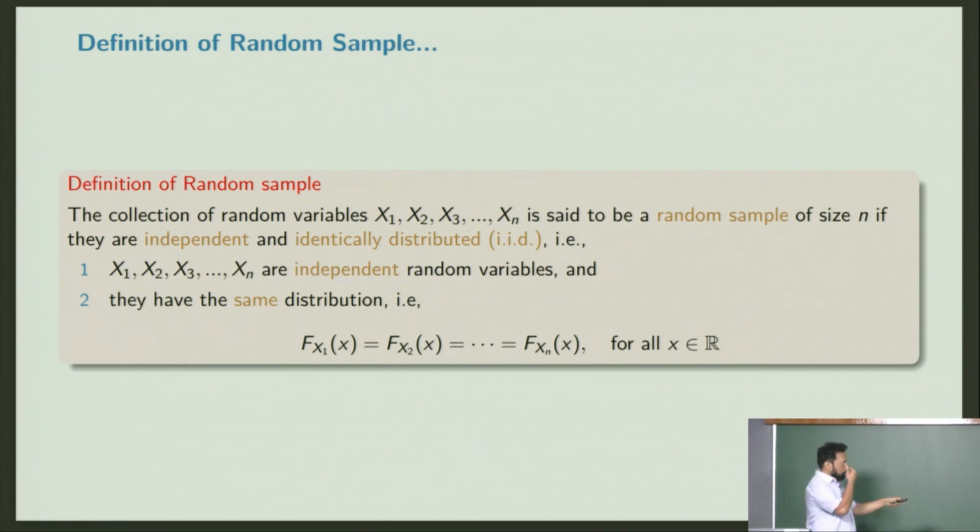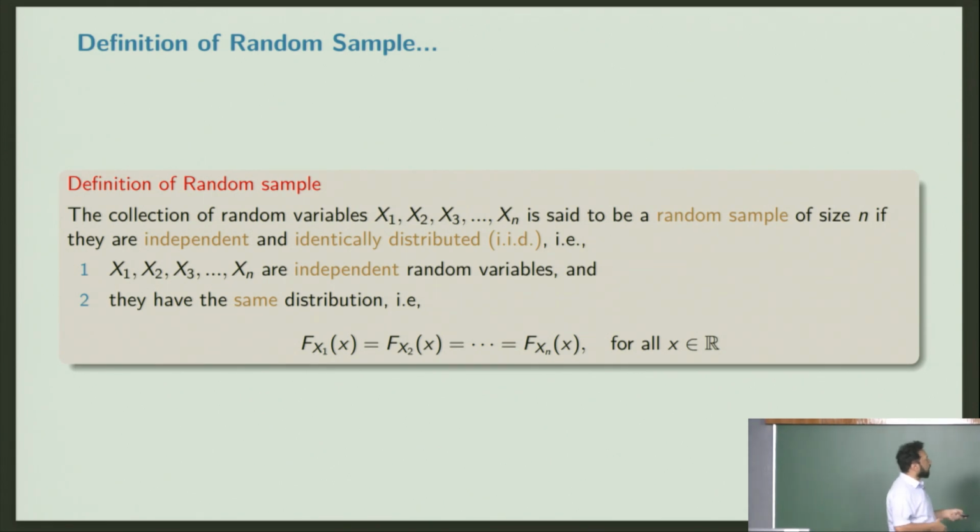When we say random sample, IID is implicitly included in our definition. So I will not say it's a random sample with IID. No, it's part of the definition. I say it's a random sample because it's independent and identically distributed. So I'm not going to say it again and again. Random sample means sample size and IID. So what does IID entail?